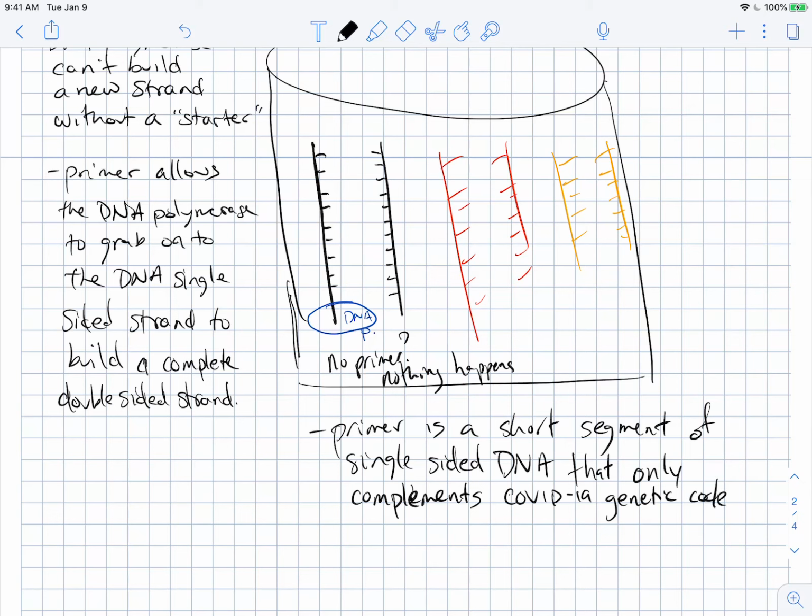What I mean by that is, if we have the COVID-19 code going A, T, C, G, A,